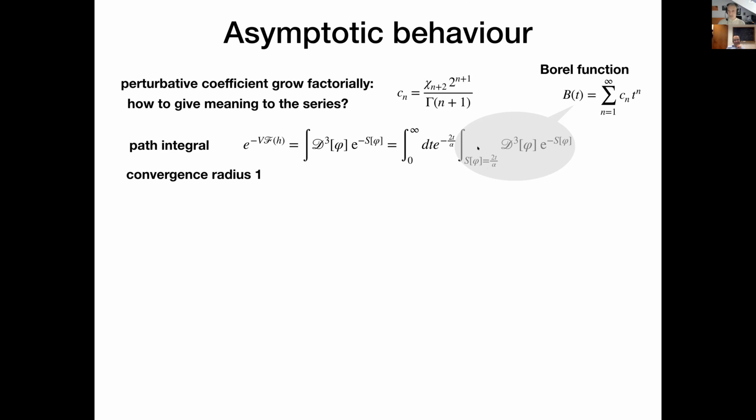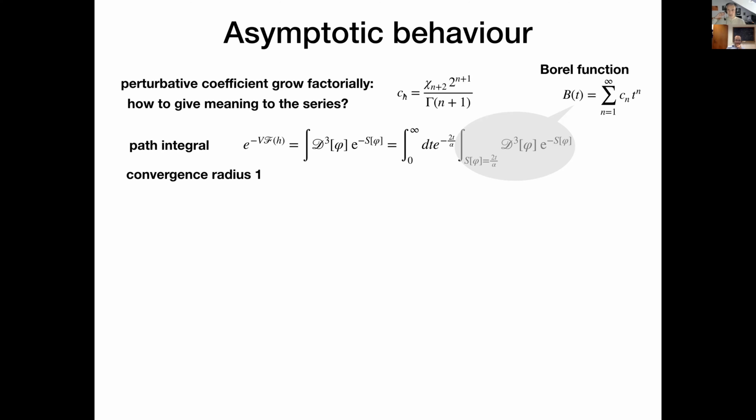This is basically the Borel function. So you can think of this Borel function in the path integral language, that you are just performing the path integral for a given value of this Euclidean action. So it's a very good function. So what we are doing, instead of analyzing the perturbative